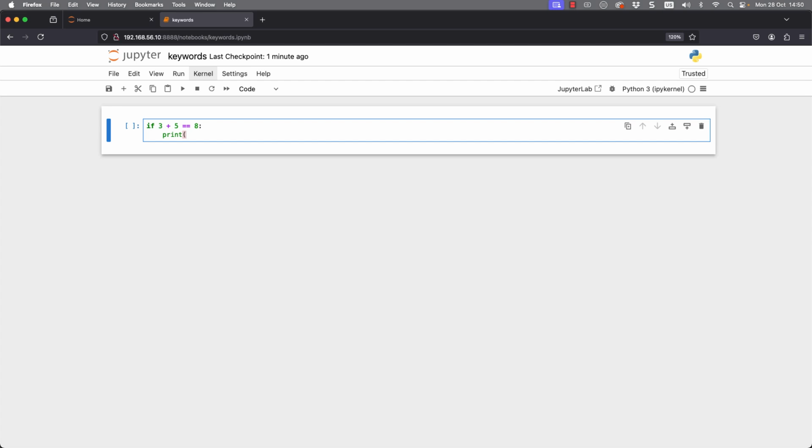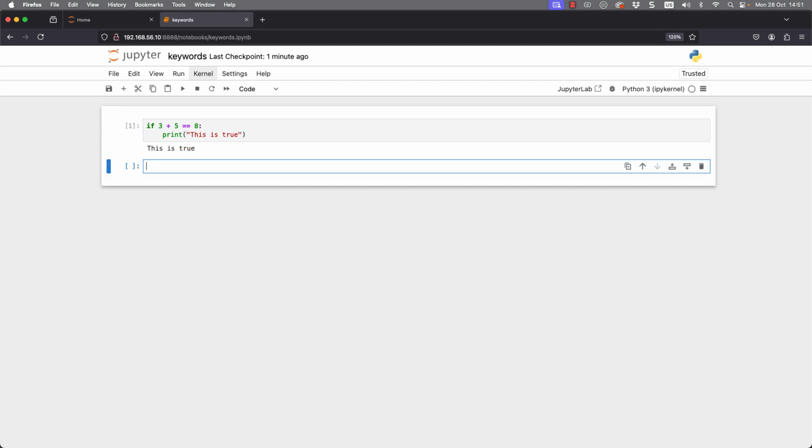And we can go through and print out some kind of message saying this is true or whatever we feel is appropriate. Notice that when we're printing a string, we enclose the string in quotation marks. I can use Shift and Enter to execute the code, and we're going to be able to then see if the evaluation is true. And lo and behold, 3 plus 5 does equal 8, so the condition evaluates to true. We get to print the code.